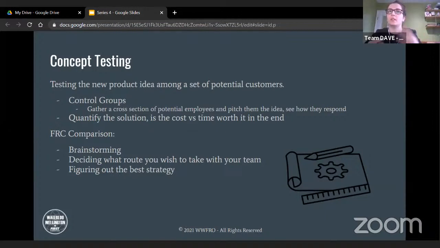So the FRC comparison is even more brainstorming. The concept testing will be deciding what route you wish to take with your team. It's figuring out the best strategy. One way we do it on Team Dave is we will list out all the possible ways we can collect points. And then that is a version of concept testing, because we're testing out, if we were to hit this, this, and this,